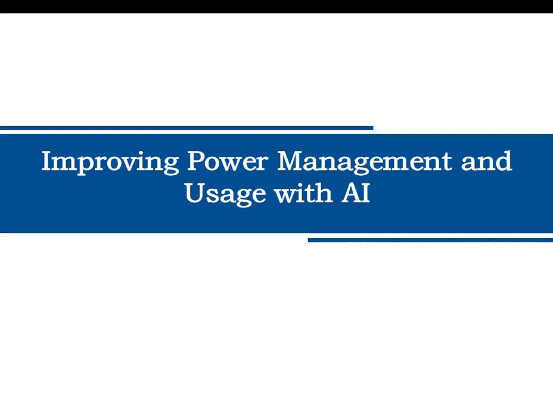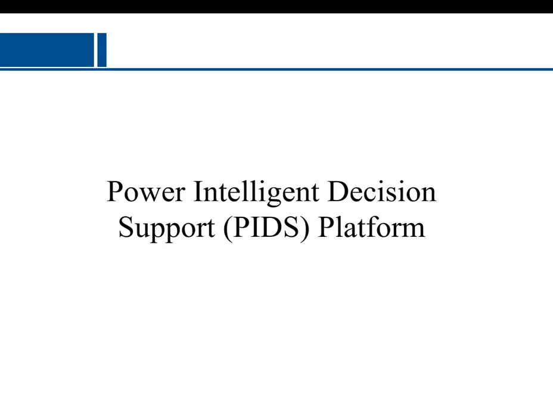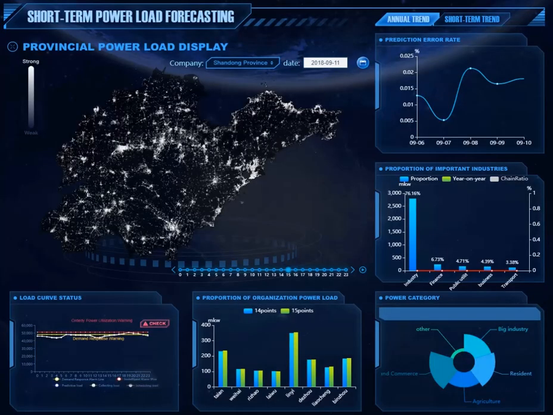In this video, we showcase the Power Intelligent Decision Support (PIDS) platform. The platform is designed to serve three groups of target users: the power companies, the overseeing government departments, and the customers. It provides the users with intelligent management functions, including short-term power load forecasting and demand response optimization to improve overall system-level efficiency, and dynamically falls back to orderly power consumption strategies to maintain system stability in the event of